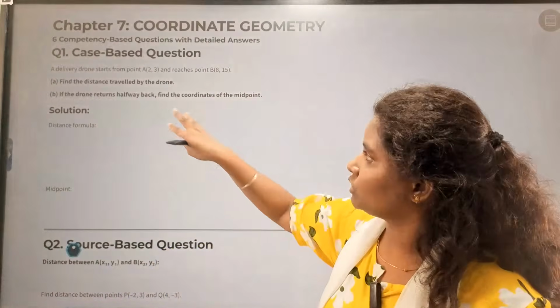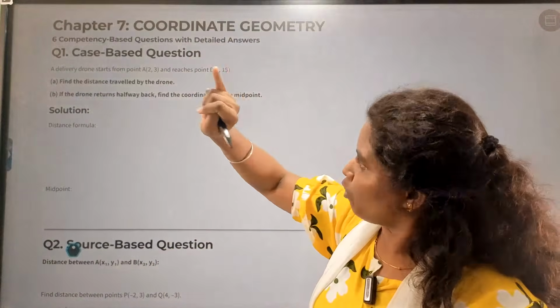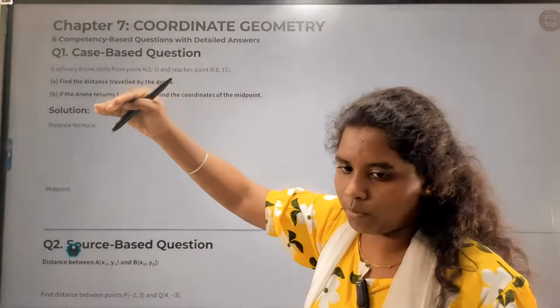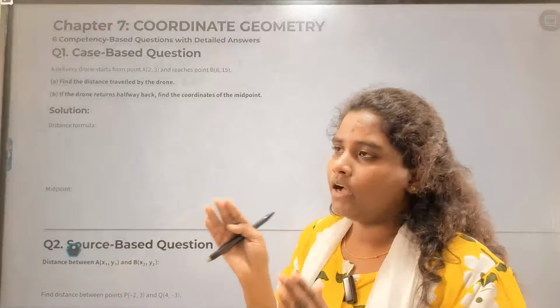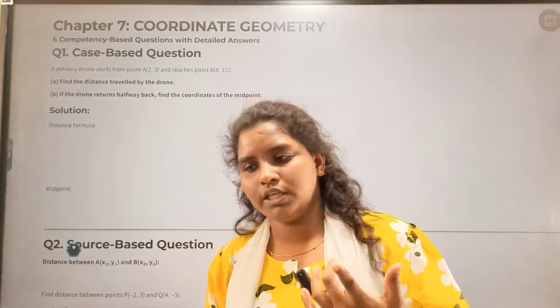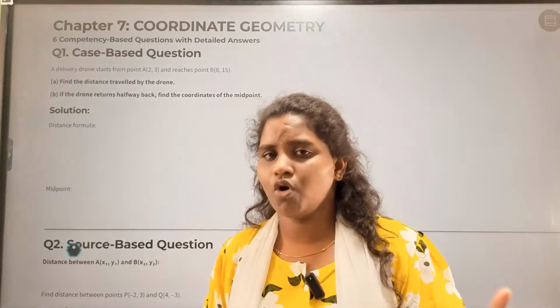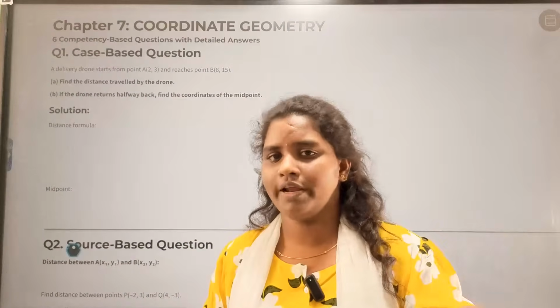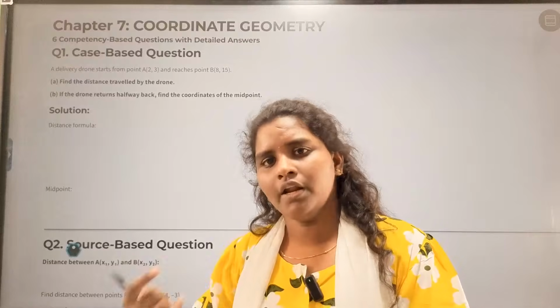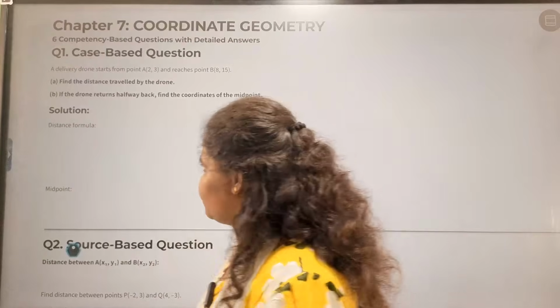So using this, here we have a point that starts and reaches one point, so it's B. AB is given, we have to find the distance. So by using the distance formula, it's root of (x2 minus x1) the whole square plus (y2 minus y1) the whole square. We'll get the answer.